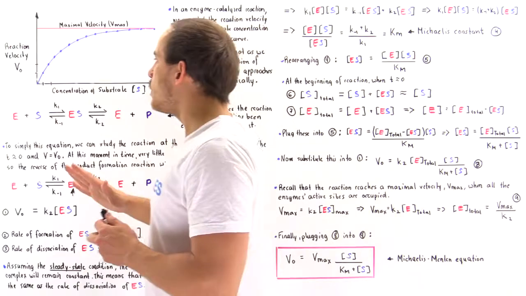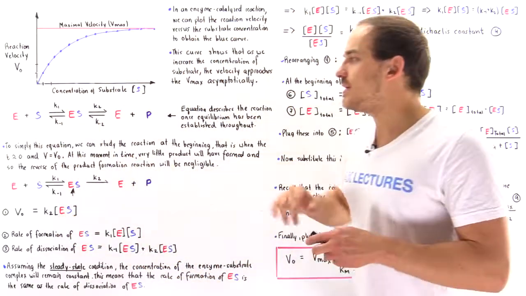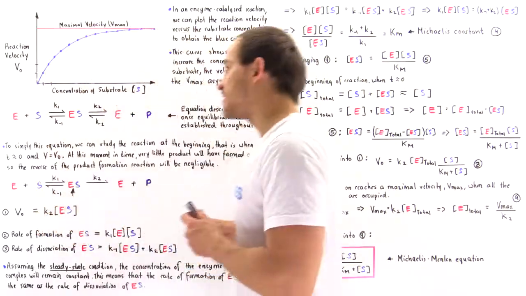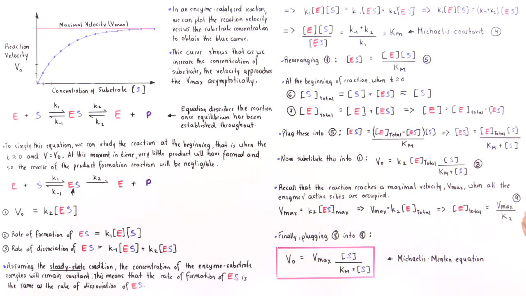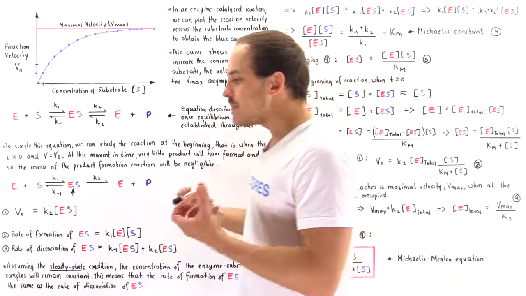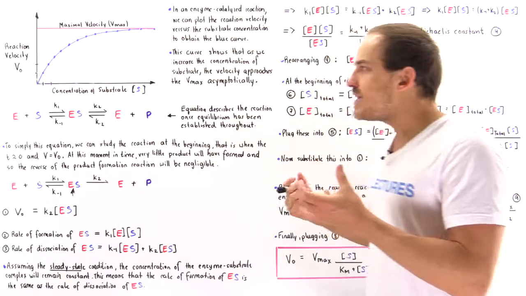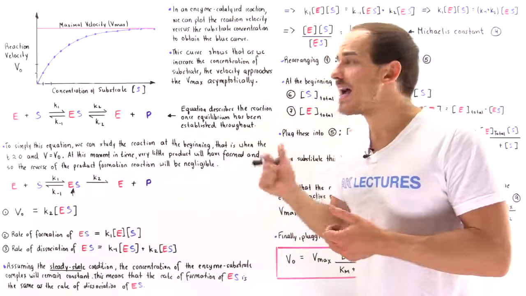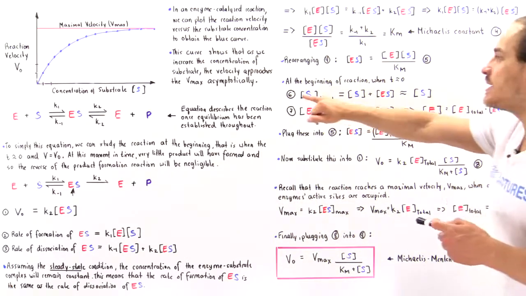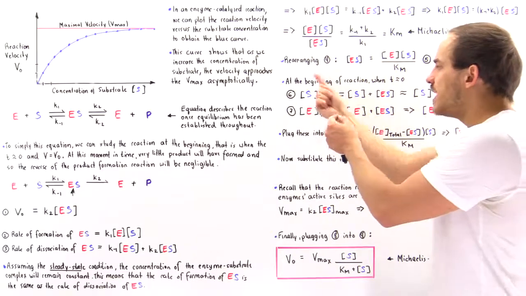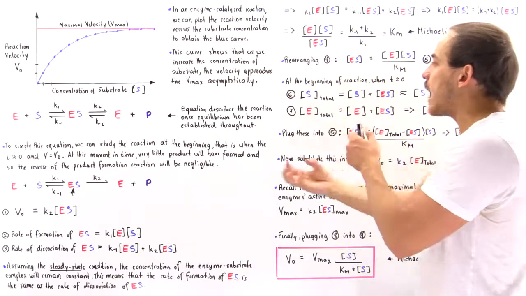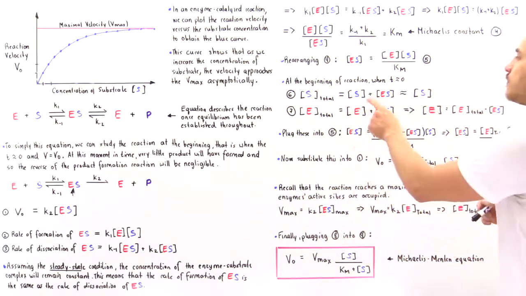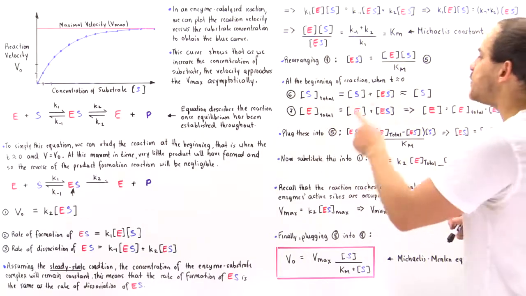Now, for a moment, let's go back to that assumption that we made at the beginning. We said that we're looking at the reaction in its initial stages when the time is approximately equal to 0. Now, initially, when the time is approximately equal to 0, we have a lot of the substrate that hasn't actually bound onto the active site of the enzyme. And this means equation 6. So the total substrate found inside our beaker is equal to the substrate that is not bound to the active site of the enzyme plus the substrate that is bound onto the